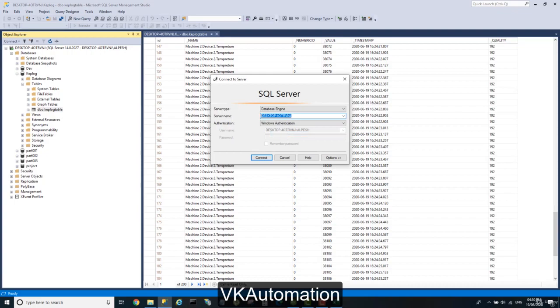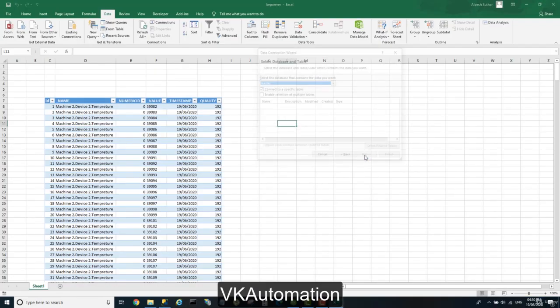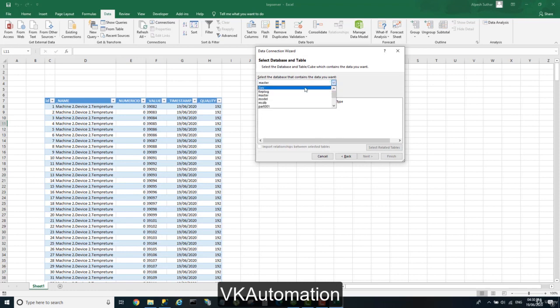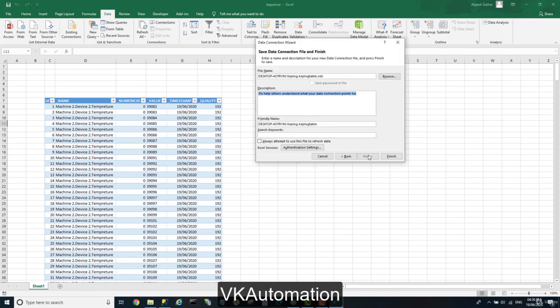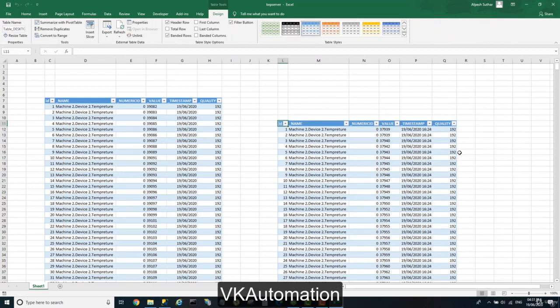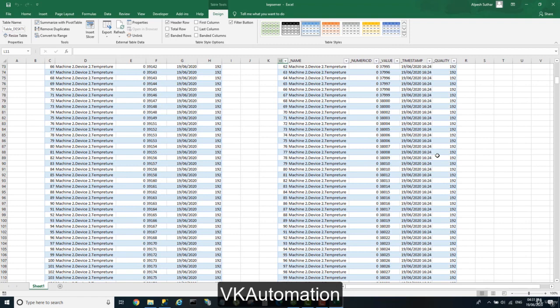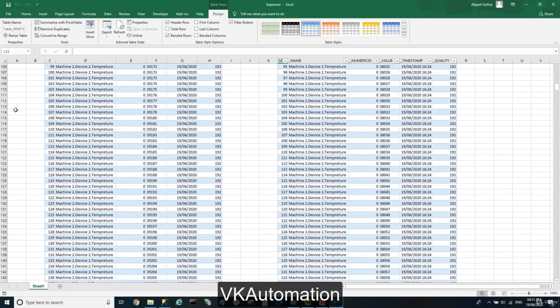I will say copy, and I will say paste, next, and this caplog is my database name, and I will say next and finish, and this one. So you can say we have received our data file, our log file from SQL server as well as from